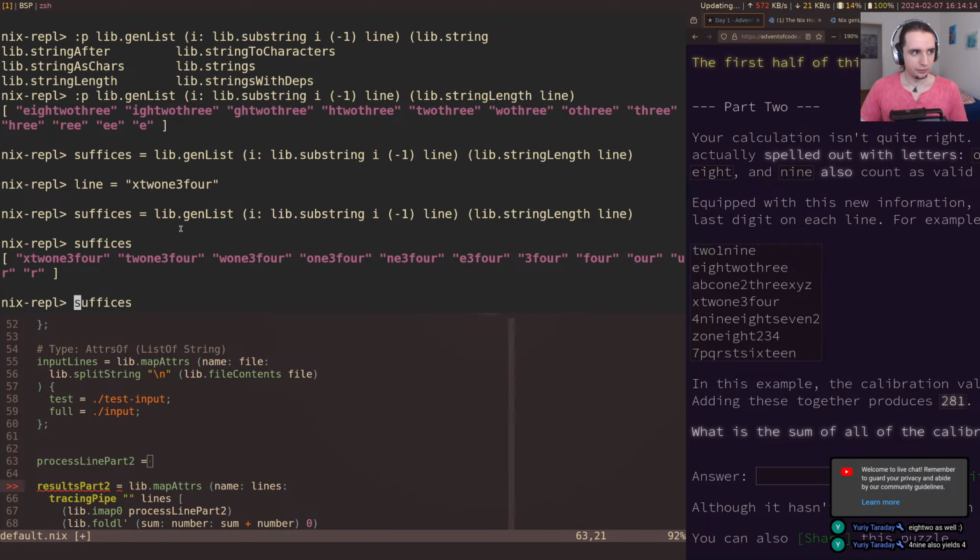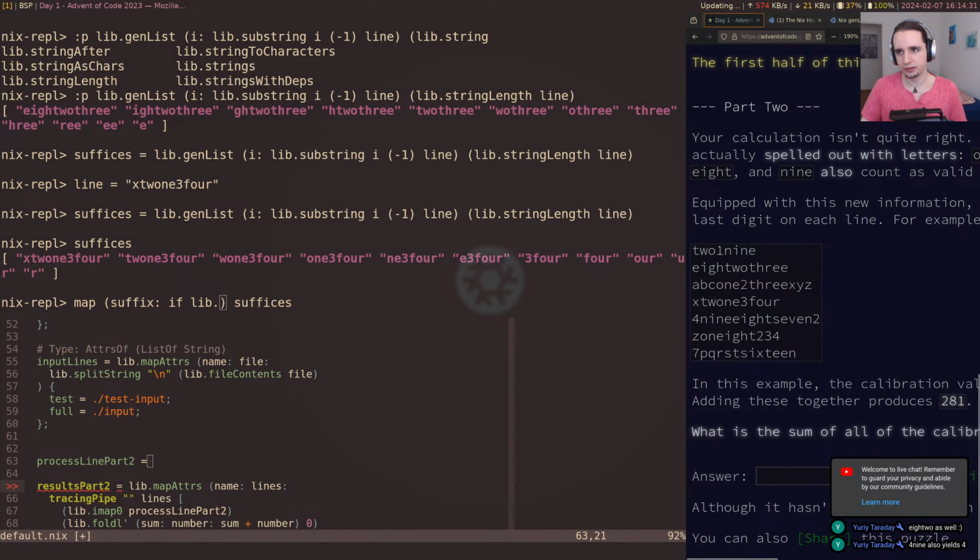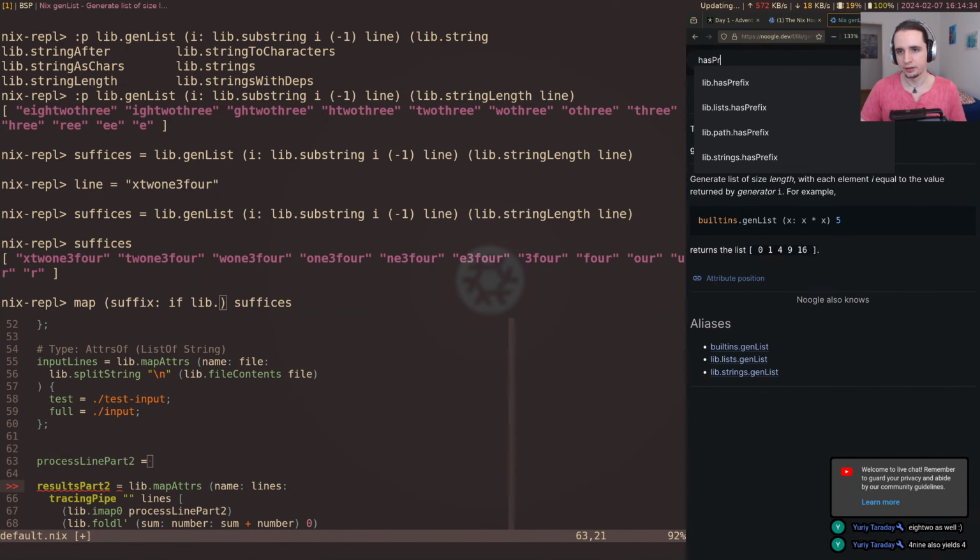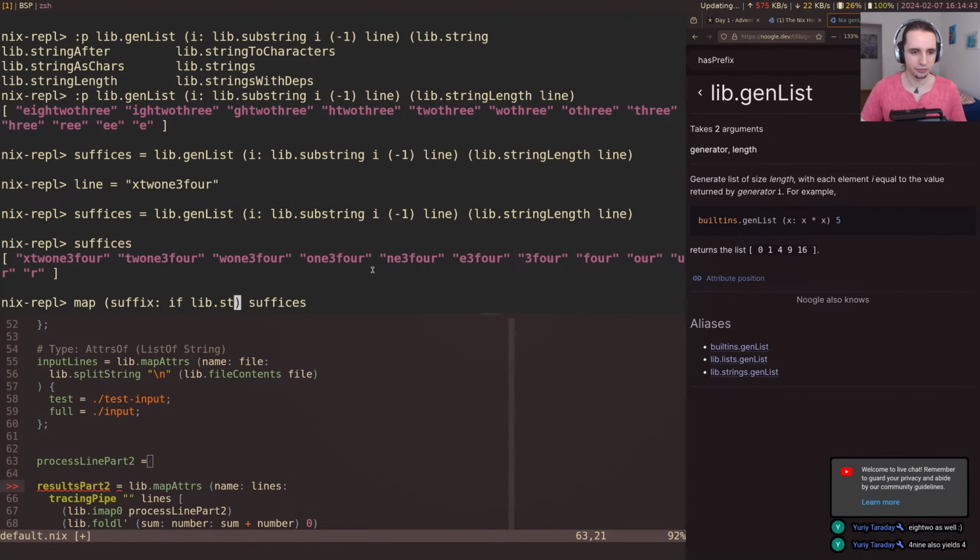Now let's do, I believe map would work well initially. So we want to do something for each of these. So suffix, and then we say if lib.hasPrefix. Actually, there's a bunch of different versions of hasPrefix: lists, paths, and strings. I think I mentioned this already last time, but lib.hasPrefix is for strings, but I like to be more explicit here. strings.hasPrefix, and then we need to check for